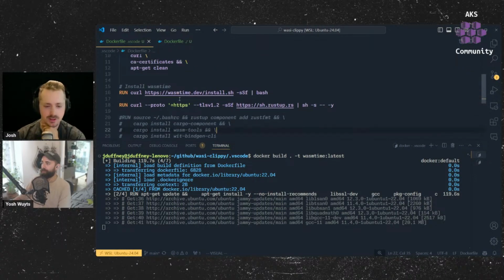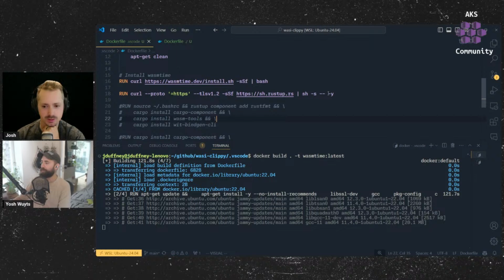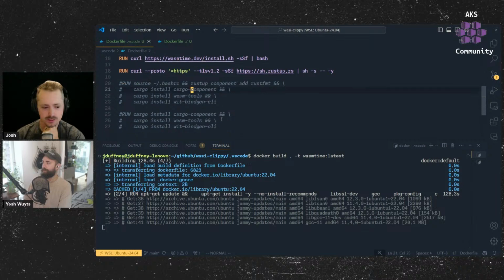So let's look at the Docker file. So next we'll need to install